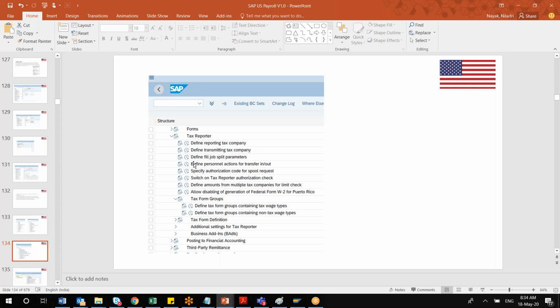Otherwise, these are the different nodes for your tax reporting: the tax company is defined, the tax split parameters are defined, personnel actions for transfer. Because there are thousands of entries, you do not have to do it manually, so ideally it is released by note. If any minor changes are required, you can come back and do them. But this is the configuration node for all of your tax reporter for US payroll.